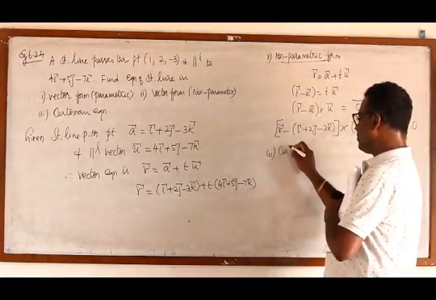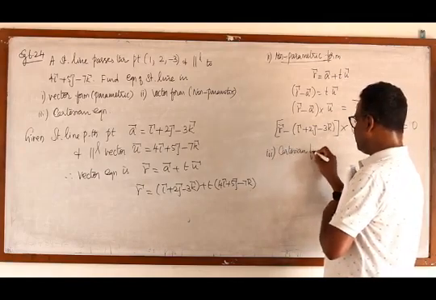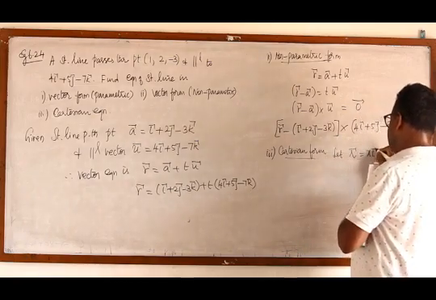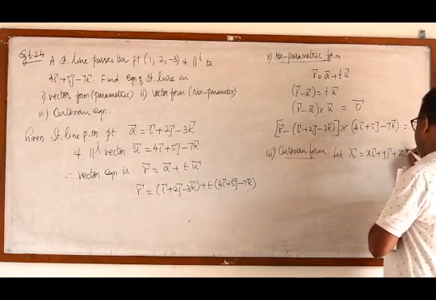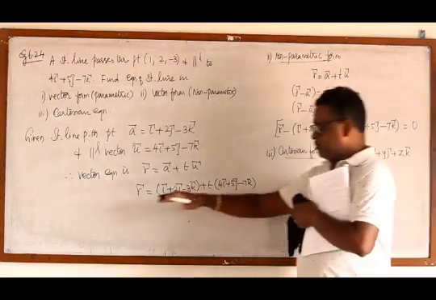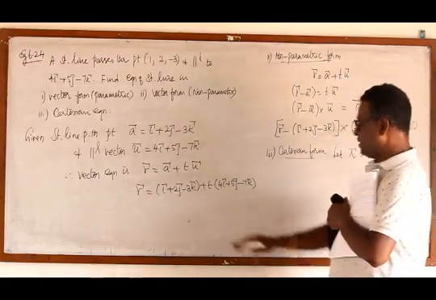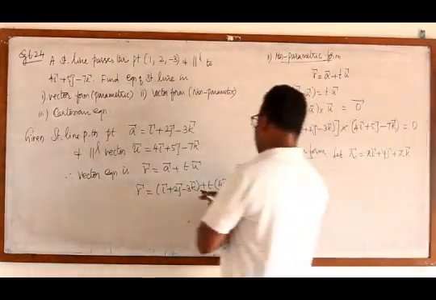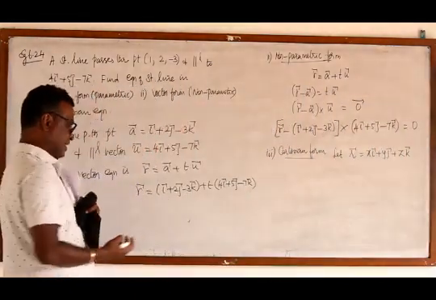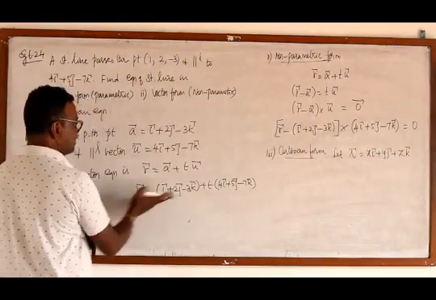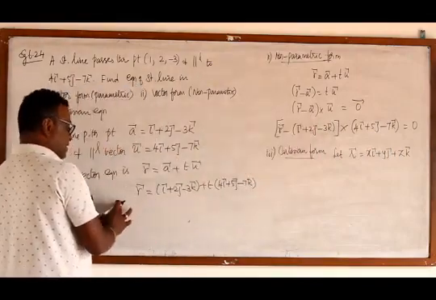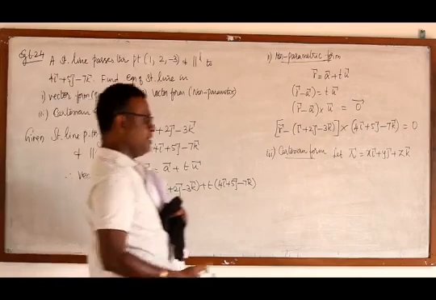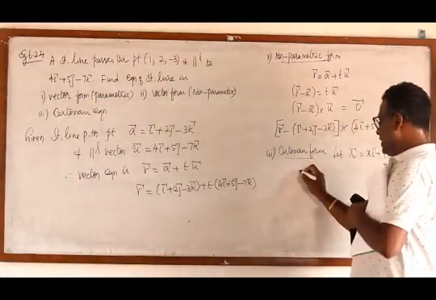Cartesian equation. Shall we do it straight away? Cartesian form: just introduce r. Let r = xi + yj + zk. Now, if I substitute this into the vector form, r becomes xi + yj + zk. Can you understand if I write it straight away? This vector will become the r - a format, so this will be subtracting. The numbers coming with the scalar will go to the denominator.